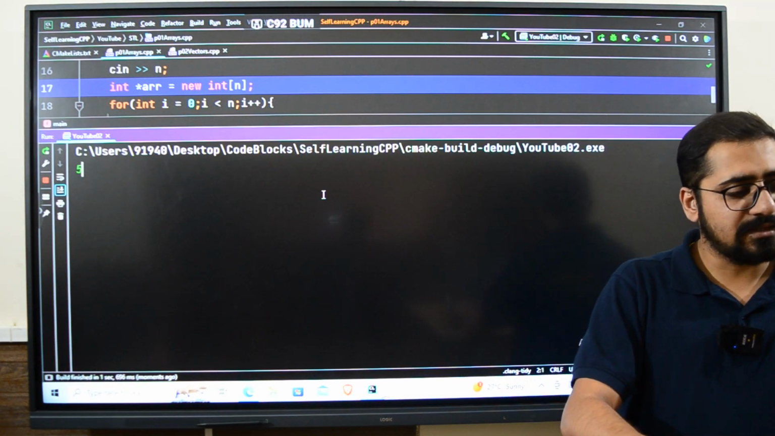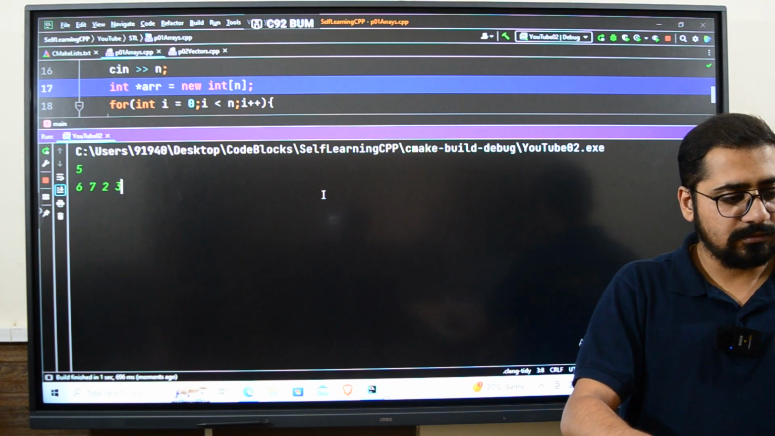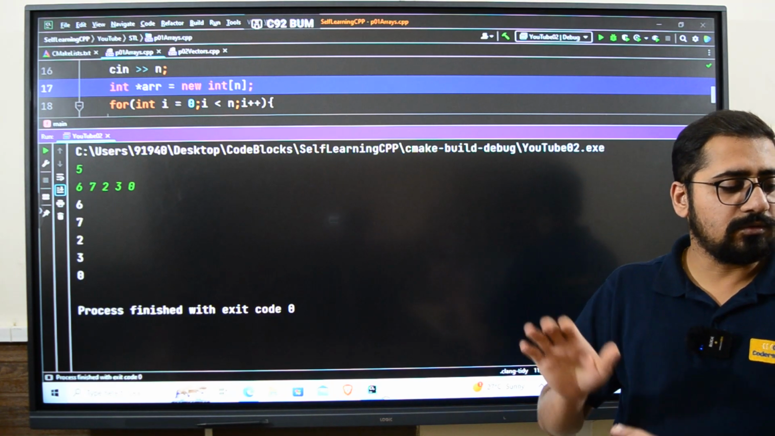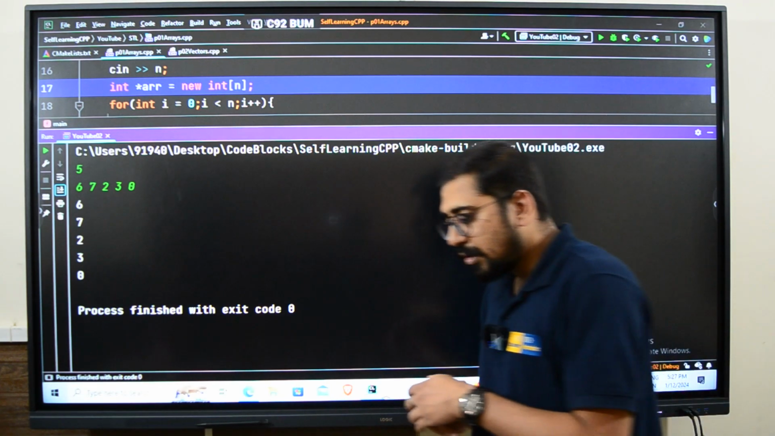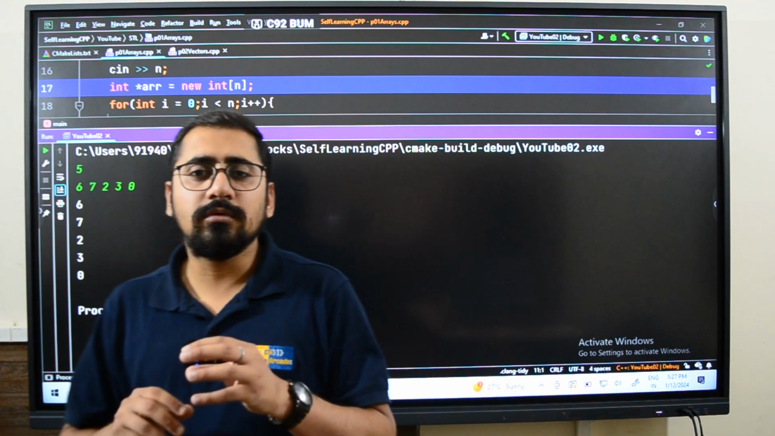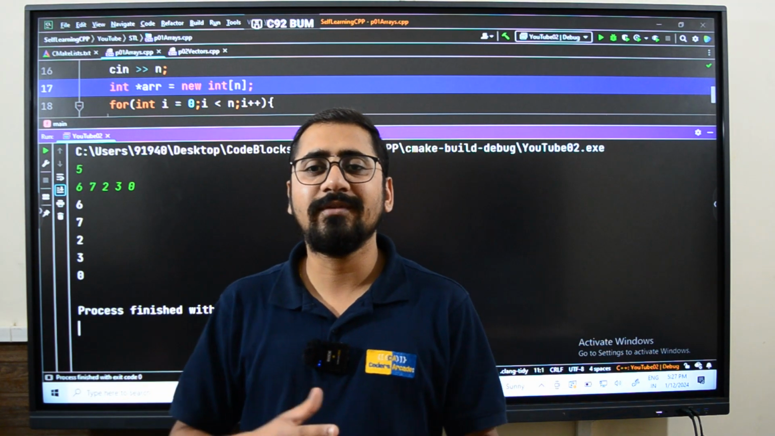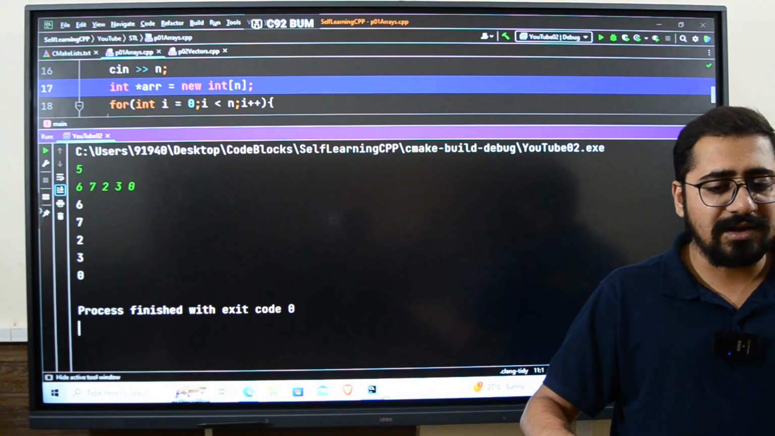I have to give the size here, let us say 5, and the values I have given are 6, 7, 2, 3 and 0. It is working perfectly. Now my point here is, what if the user wants to give some more values? Then how are we going to do that? Even if I try to insert some more values here,